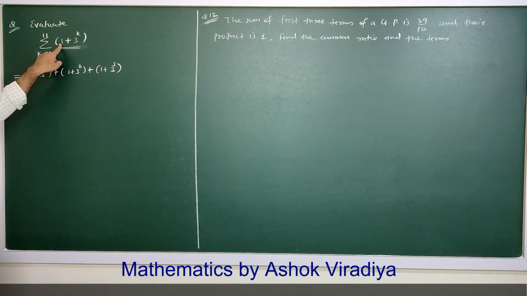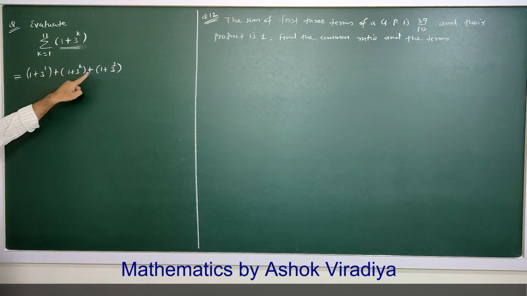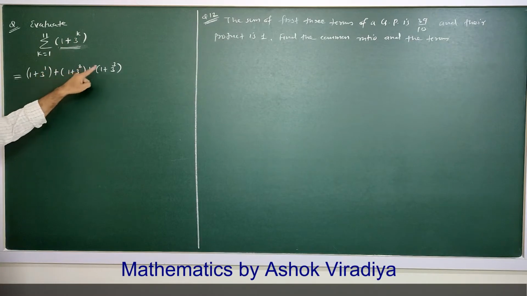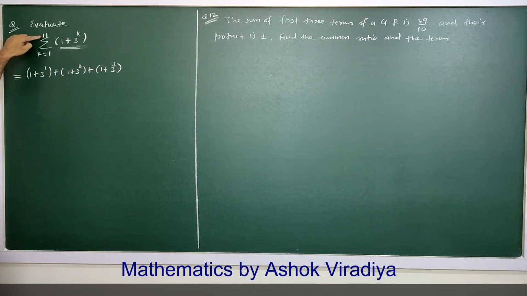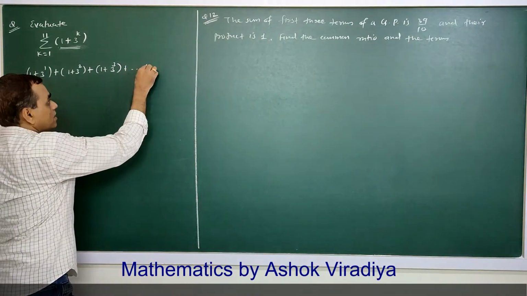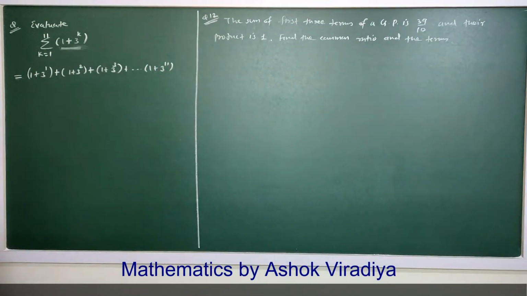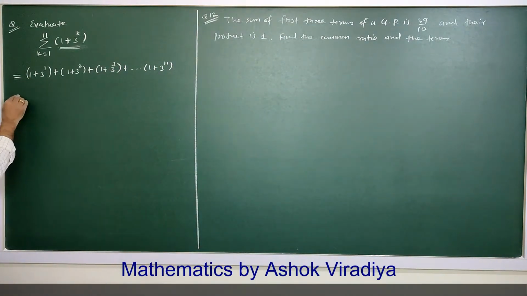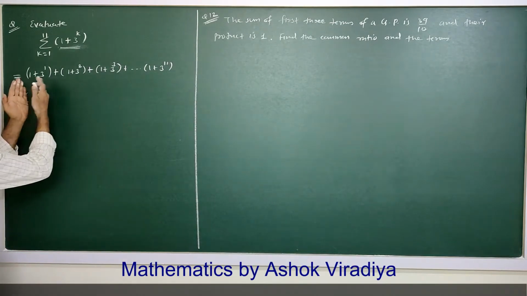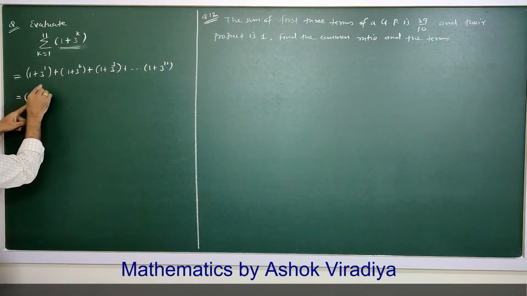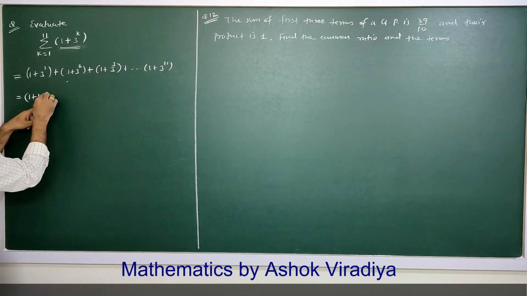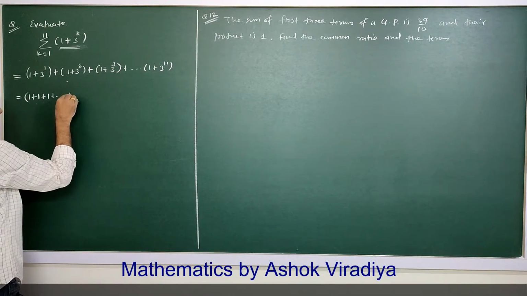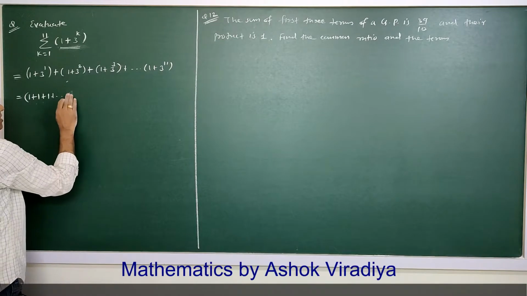So this 1 is a constant, so it remains unchanged in every bracket. The variable is here, this is the variable for sigma. So 1, 2, 3, and the last value sigma will keep is 11. So the last term is 1 plus 3 raised to 11. You can see that these are 11 terms. Now from these 11 terms we are collecting all the ones together: the first one, then the second one, then the third one, till the last one. This is the 11th time plus 1, so this is 11 times the same number.